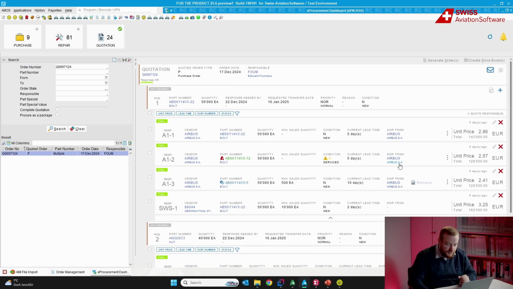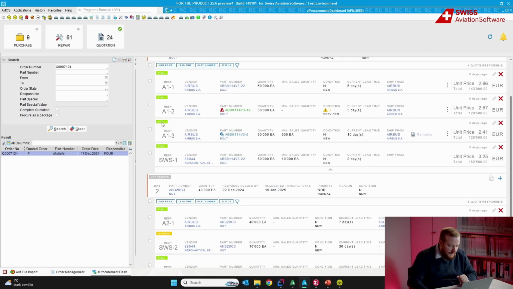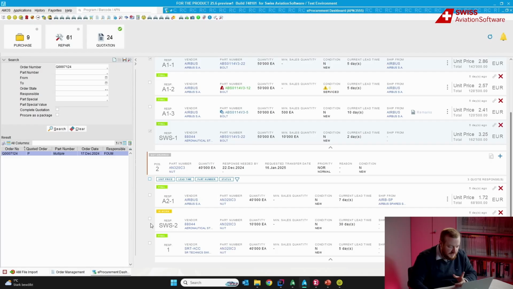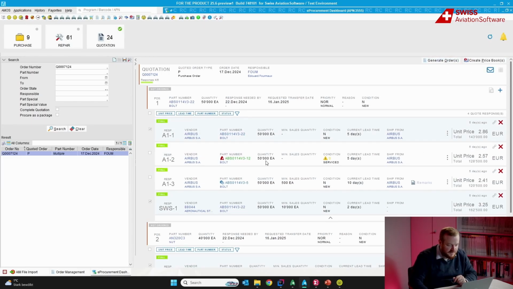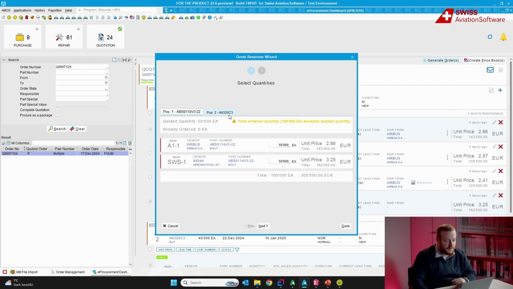Now I can quickly show you, or not so quickly actually, the order generation. So we have this Generate Orders button, which will bring a wizard, so I can show you. Basically, I could even select responses from different vendors from different details, and so you can see how this would work. Here, if I click Generate Order with these 3 quote offers, it will bring a dialog where there will be